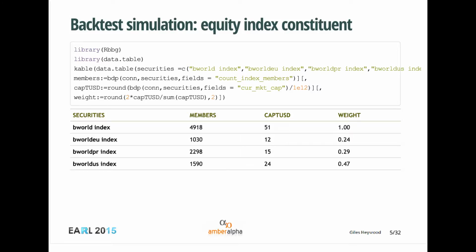And B-World is an interesting index. It goes down to below $1 billion US market cap. The numbers fluctuate, around about 5,000 constituents. Total market cap around $51 trillion US as of the start of this month, broadly split across 3 regions. At the moment, it's a bit lopsided towards the US, but these things tend to mean revert.